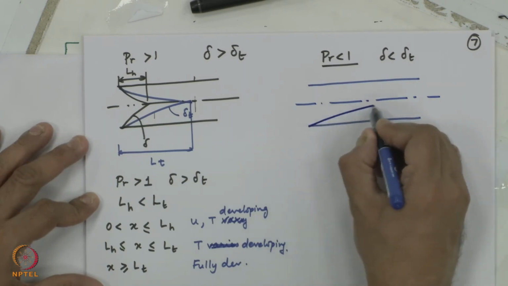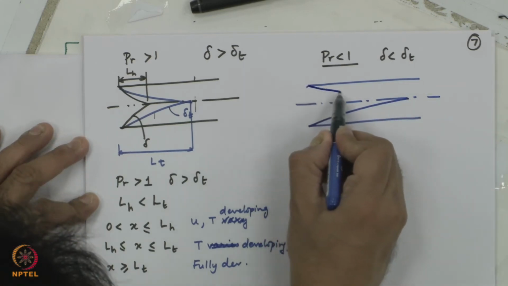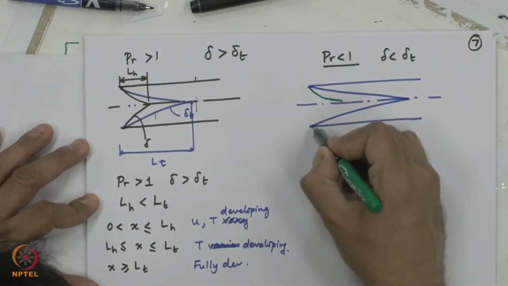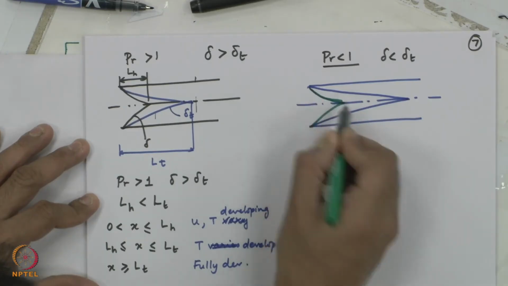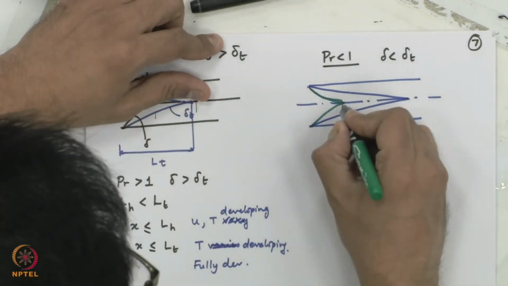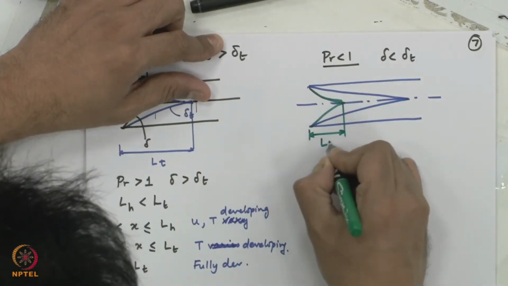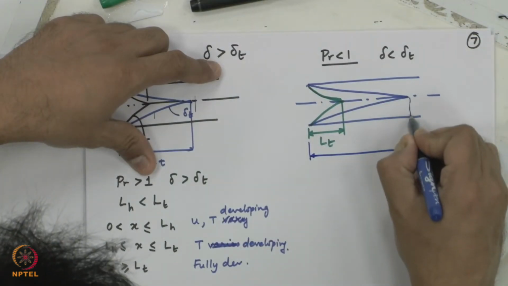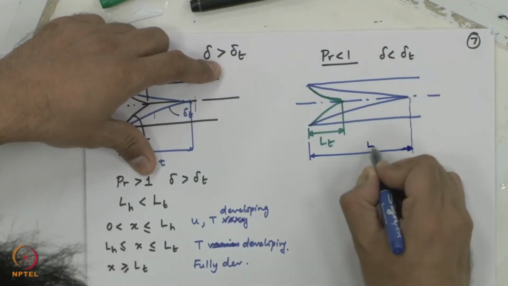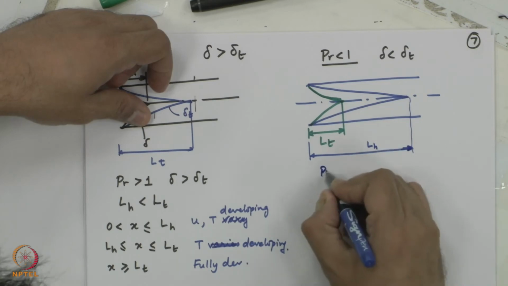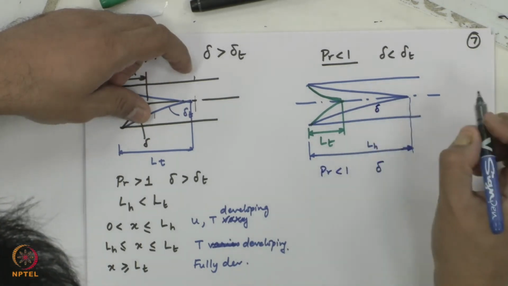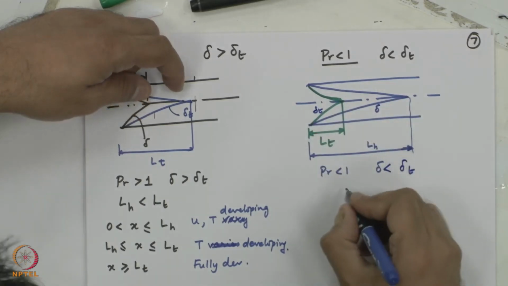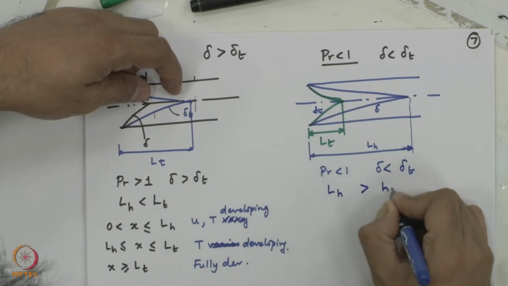Delta grows at a slower rate, so it is going this way, whereas delta T grows very fast. Sorry about that, this is delta T. So, delta T is here, thermal entrance length is here, whereas the hydrodynamic entrance length is this one, LH. For Pr less than 1, this is delta, this is delta T, delta is thinner than delta T, LH is greater than LT,